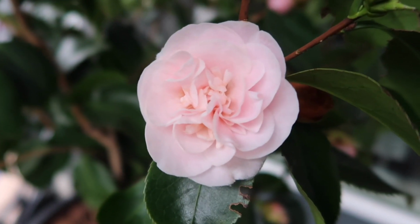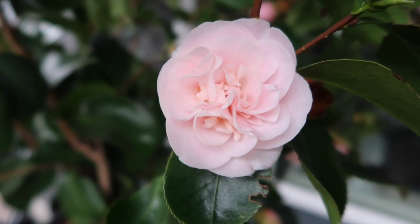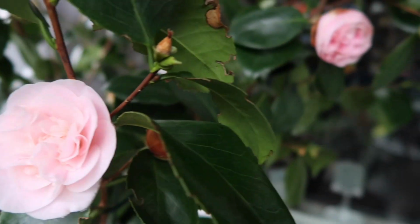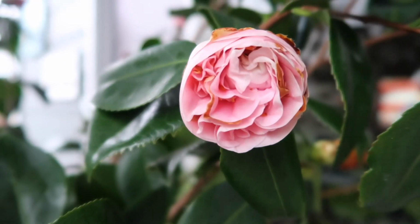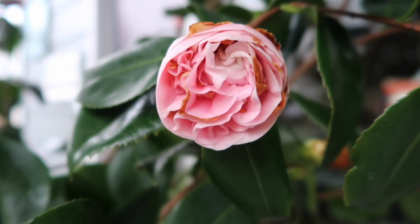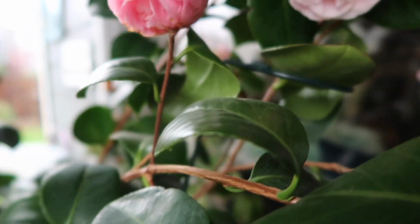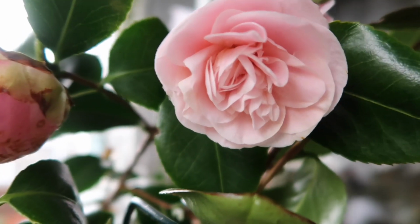It's quite romantic actually. The blooms are usually much bigger than this, but because these are the blooms from the surviving buds that didn't get freeze burned this year, they are a little smaller than expected. So Debutante is a variety that actually starts blooming late fall to early winter. So sometime around late November or December is when she starts to bloom, which she did for me so